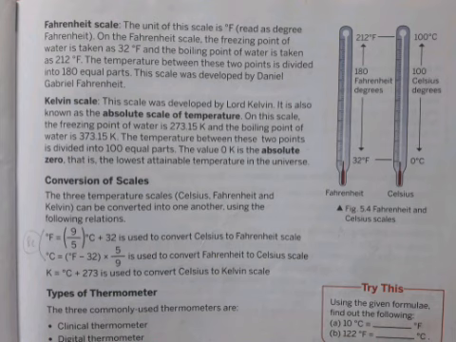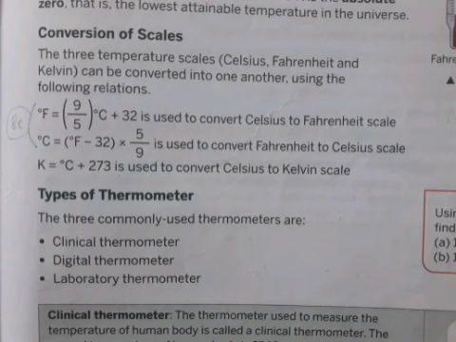Next, how are we going to convert the values given in Celsius scale into Fahrenheit scale, or Fahrenheit scale into Celsius scale? And the last point is Kelvin scale into Celsius scale. So how are we going to convert it? Okay, we are given 3 formulas. So these are the 3 ways we can convert it. The 3 temperature scales, Celsius, Fahrenheit, and Kelvin, can be converted into one another using the following relations. So remember this relation now itself, learn it by heart.